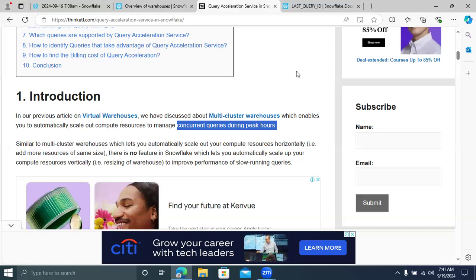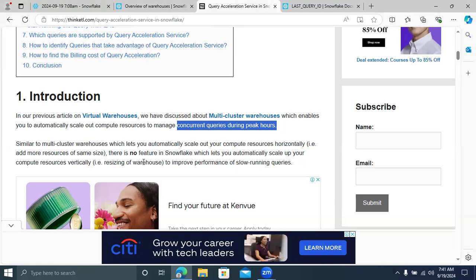Whenever you're not querying, it will automatically be scaled down. These features are in multi-cluster warehouses. The cost will be more, actually. When you run concurrent queries it scales up, and if you're not running any queries, it scales down.